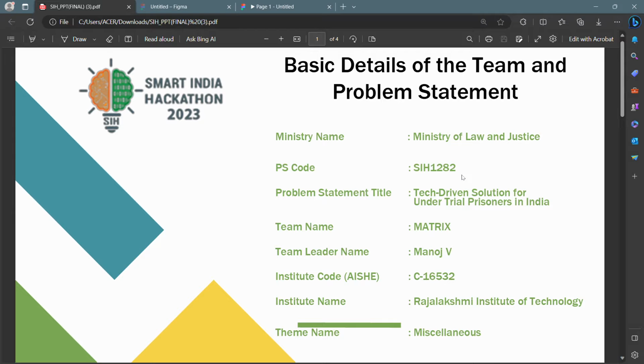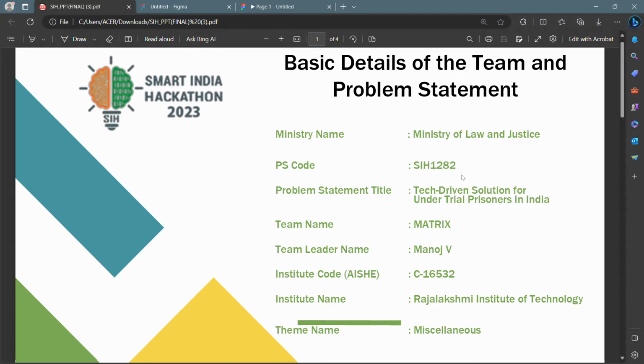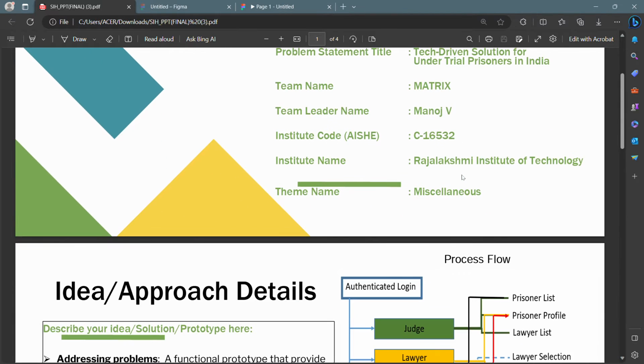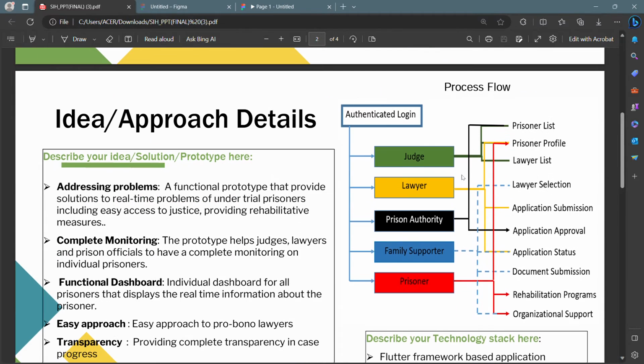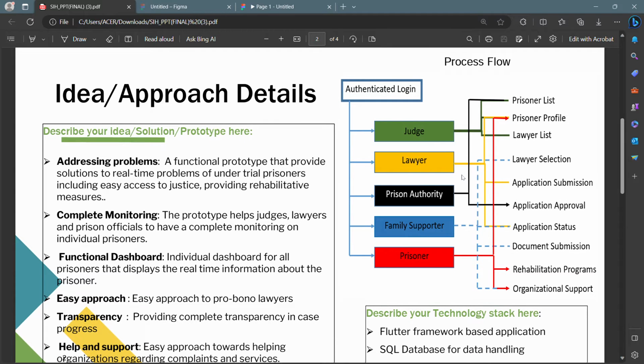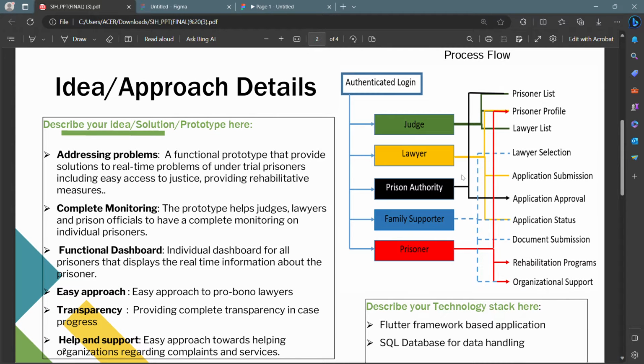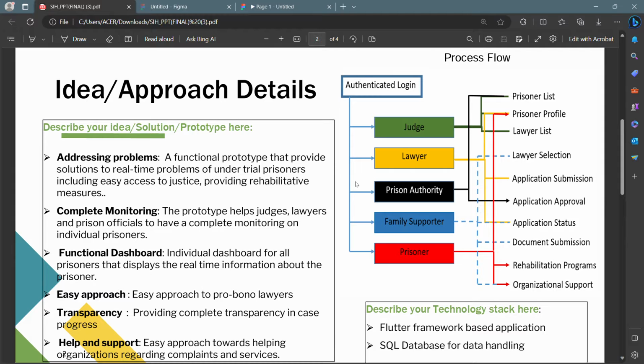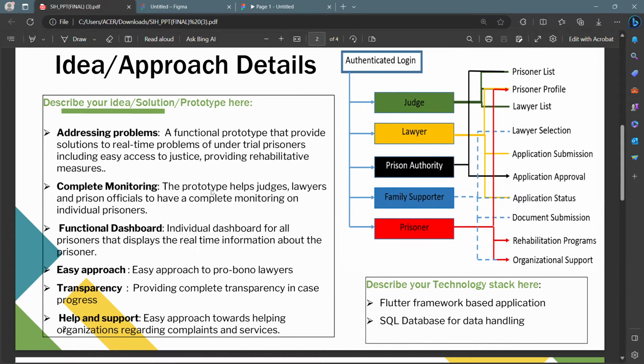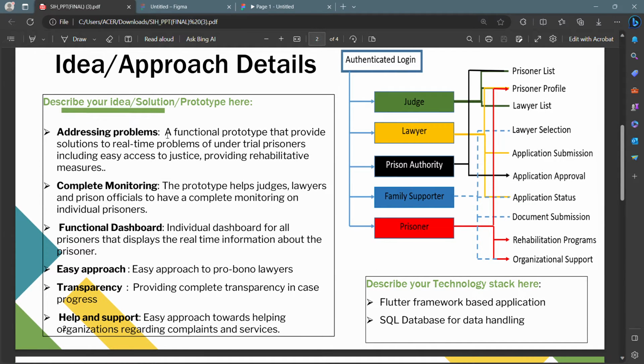This problem statement briefly explains addressing the basic challenges faced by the undertrial prisoners of India, which includes getting access to justice and getting access to rehabilitation measures. So we propose a solution, which is basically creating a fully fledged application which addresses all the problems faced by the undertrial prisoners. As you can see, the idea or approach details, we have certain key features which include